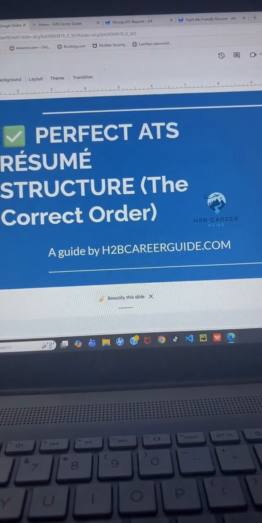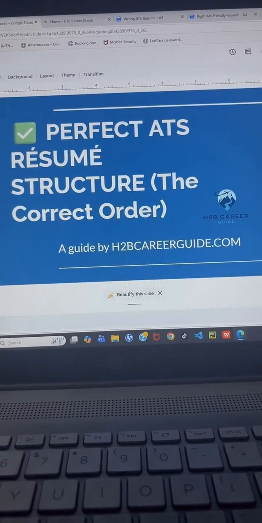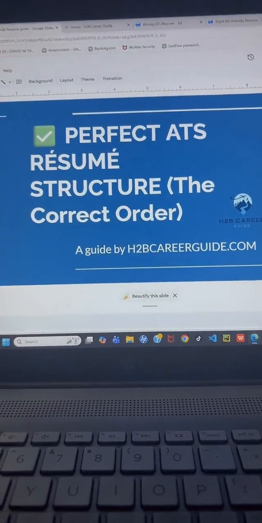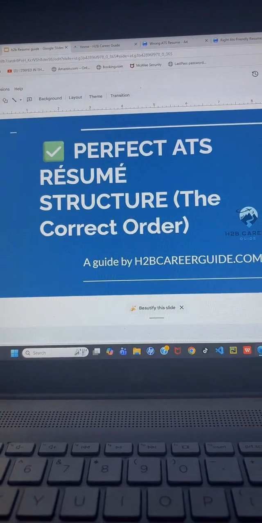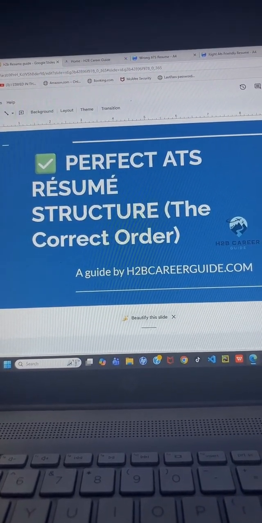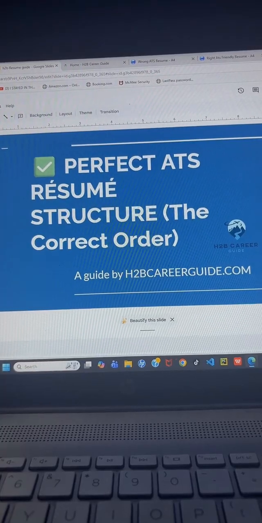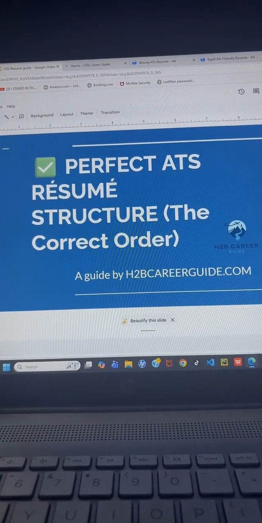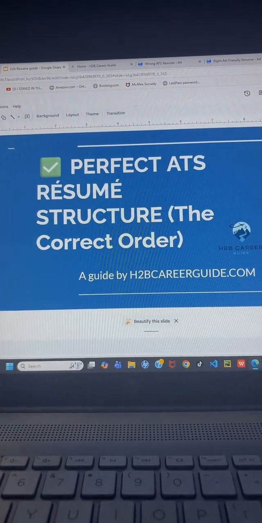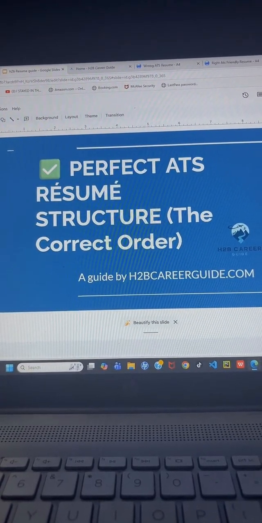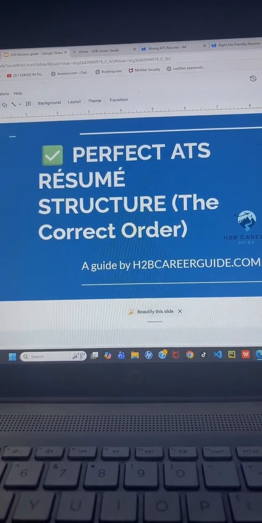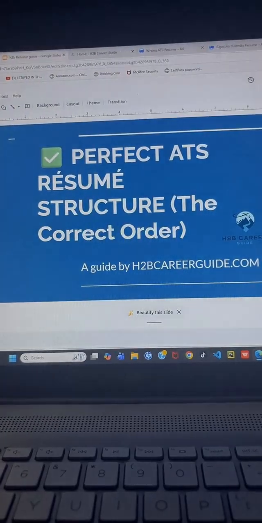Alright, so for a person that doesn't know what the H2B visa is about, it is a visa that allows you to go to the US to work for a temporary period of time. You can go there starting from 6 months to 3 years using extension.